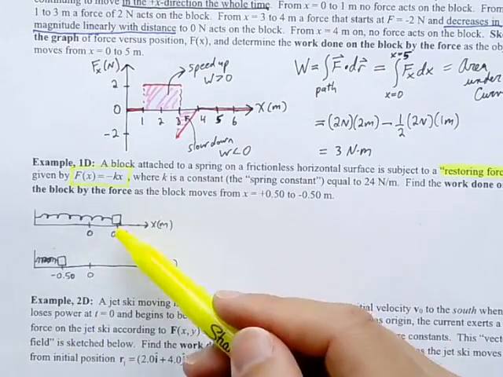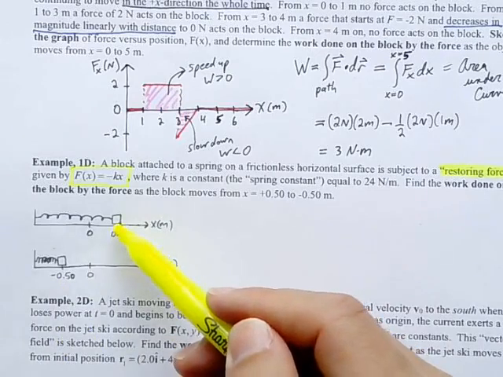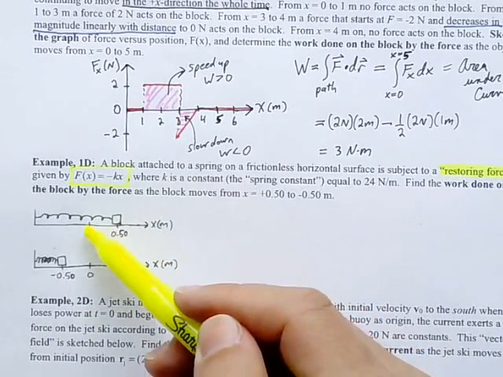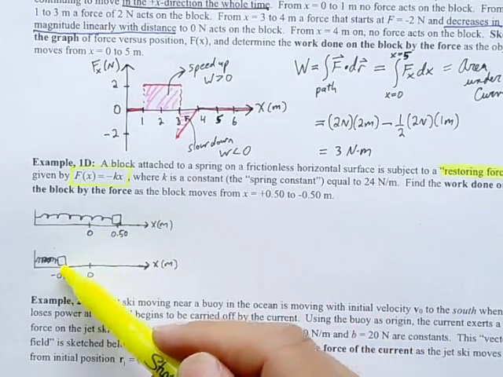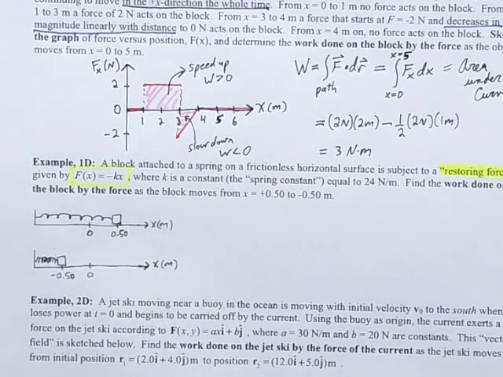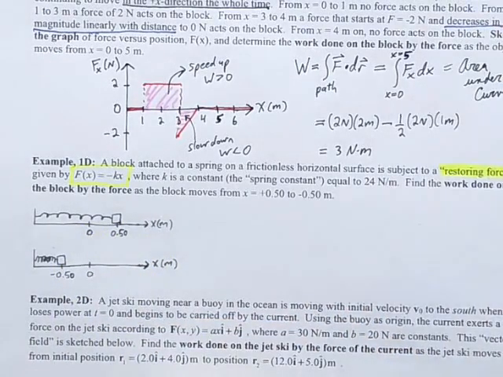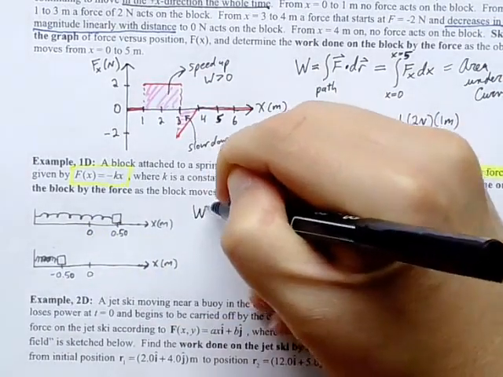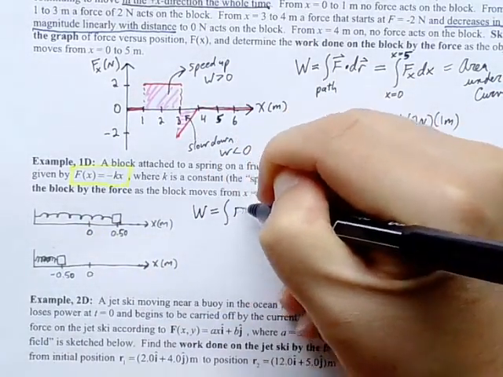So it's starting here and moving to the left. It's going to swing through equilibrium and continue on to this position. Okay, we want to find the work done by that spring force over that interval. So write down our definition for work: the integral of F dot dr